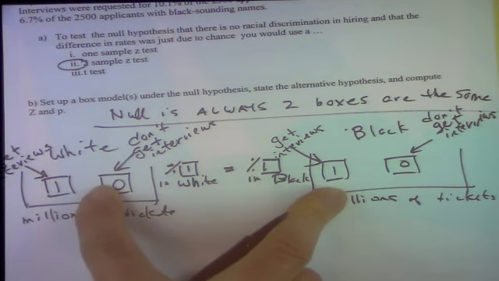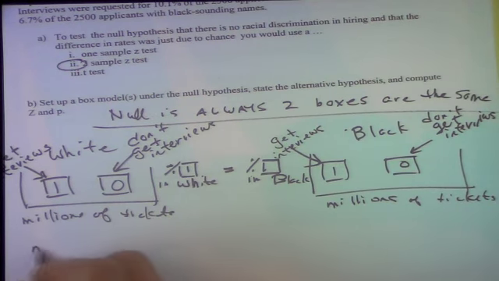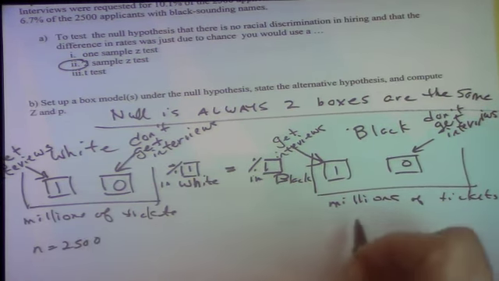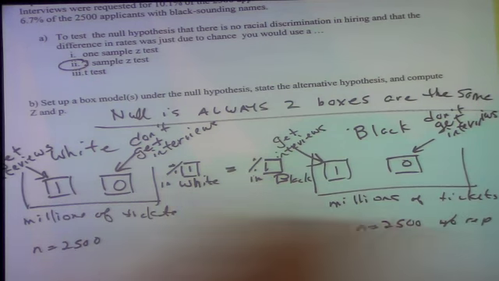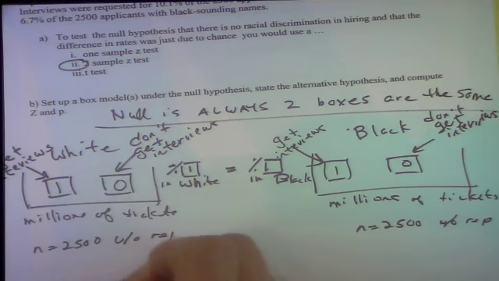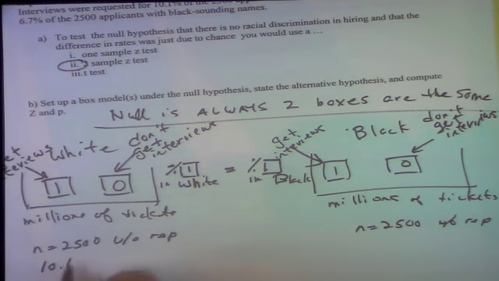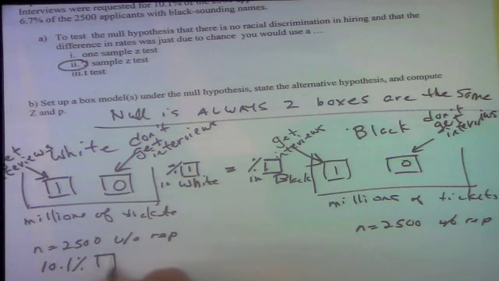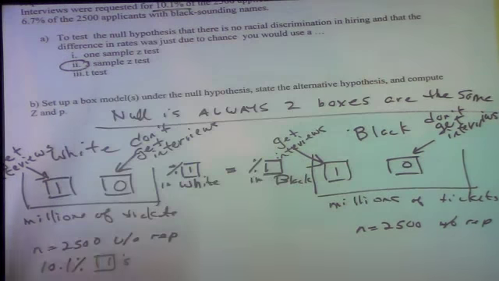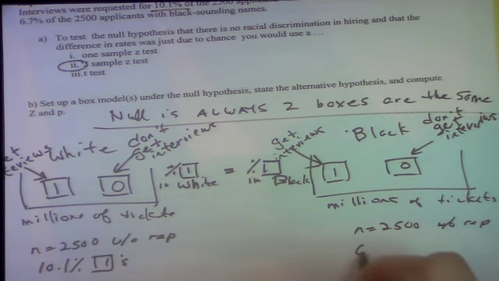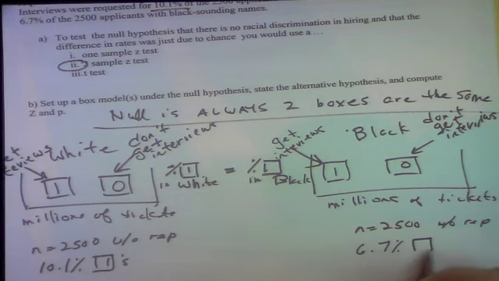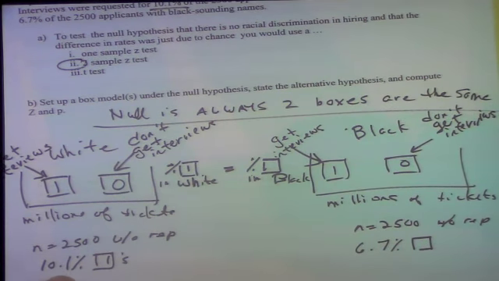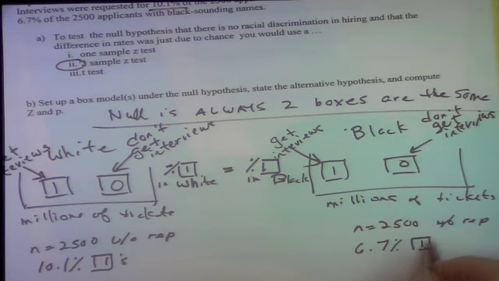Among the millions, it's the same. We just happen, when we draw 2,500 tickets out of here, and we drew 25 tickets out of here without replacement, because we wanted different people, that we happened to get, what, 10.1% ones here. Wasn't that the difference? The whites were 10, just a little more, they say. And this could easily be due to chance. This is just a little difference. It's not like the whites were the only ones who got interviews. So they say this is just, that's the null.